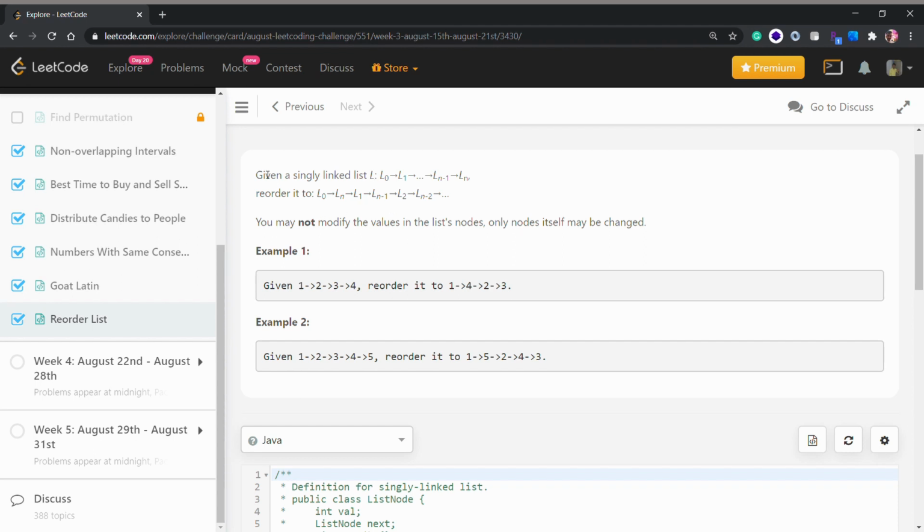We will be given a linked list of a certain length, and we have to change it so L0 will be at the same position, but then we will have L of n, the last element, then we will have L of 1, and then L of n minus 1, and so on and so forth. And we can't modify the values in the list's nodes, only the nodes themselves may be changed.